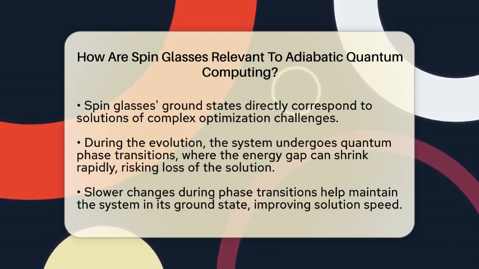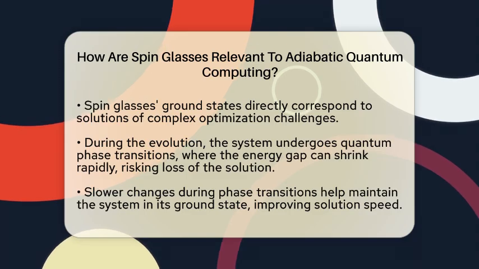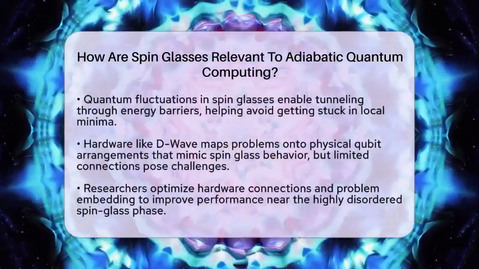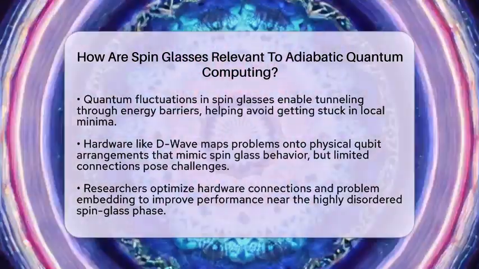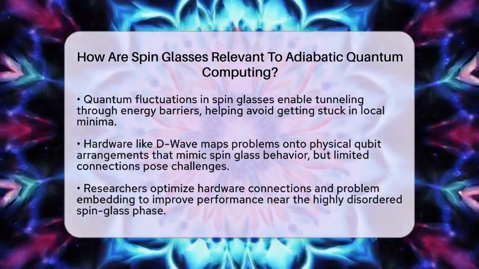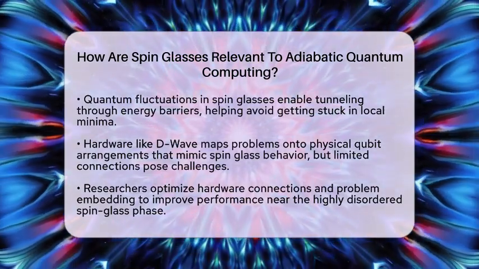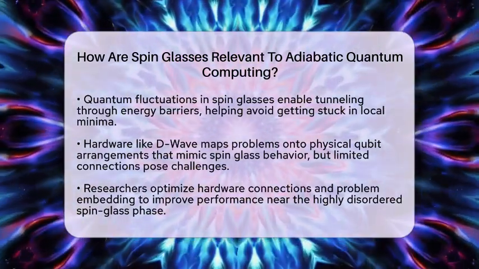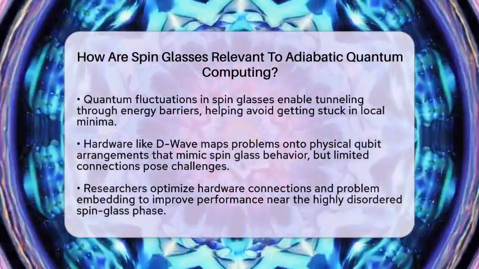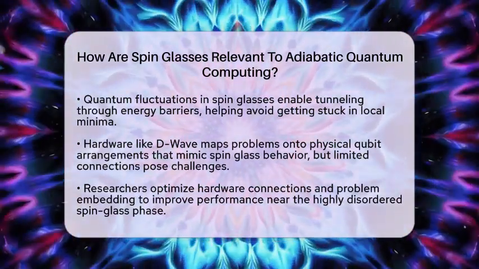Quantum spin glasses include quantum fluctuations, which are tiny random changes caused by a magnetic field applied to the system. These fluctuations help the system tunnel through energy barriers, avoiding getting stuck in local minima. Understanding how these fluctuations work is key for designing better quantum annealers, as they control how smoothly the system moves